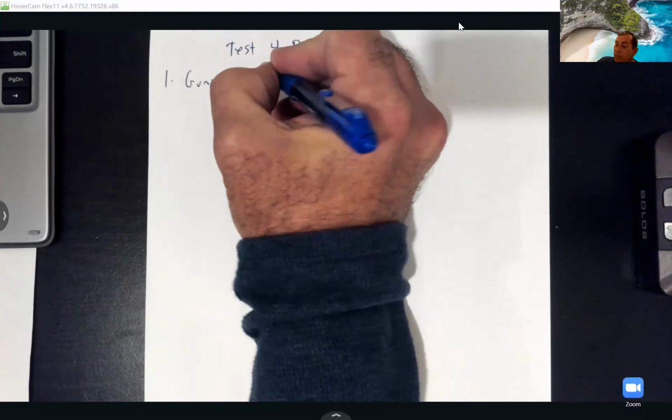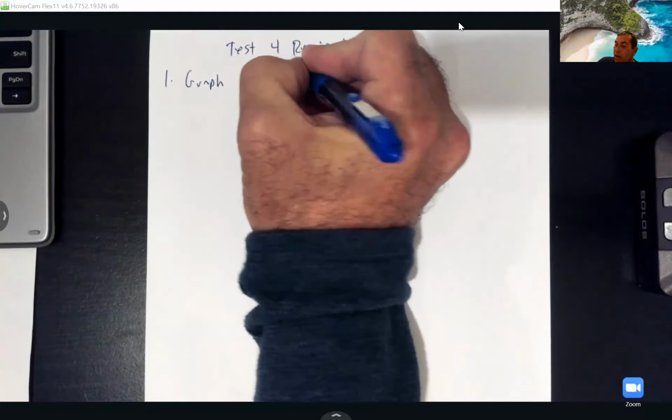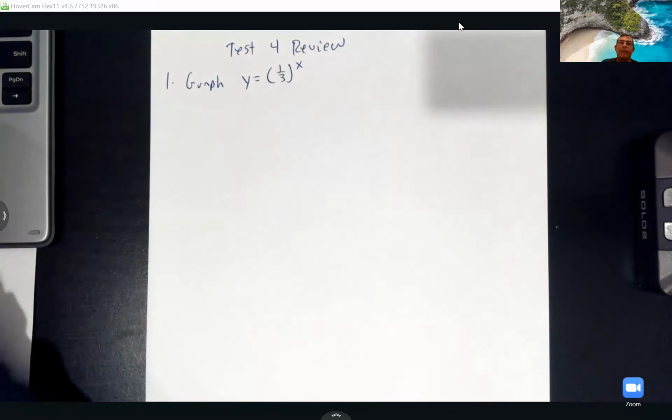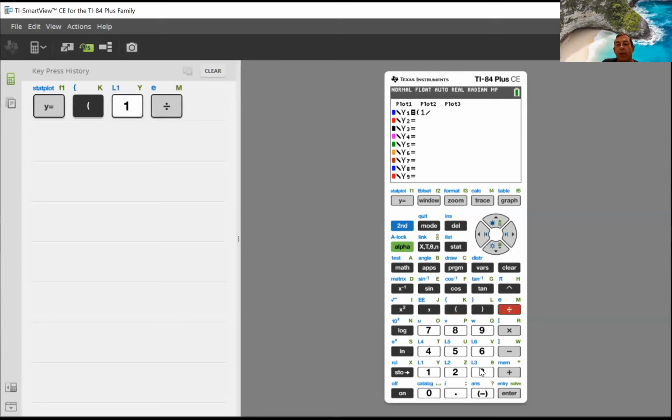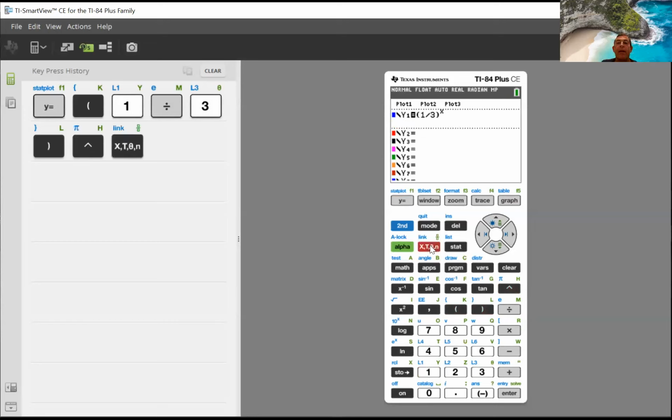y equals 1/3 to the x. So on this one, I'll just plug it right into my calculator. So let's go look at this graph. And this one will have 4 pictures to choose from. So we'll go to y equals, and we'll put in our fraction. So I'm going to put in my 1 divided by 3, close parentheses, and then my exponent would be the x. Now, if you use the alpha y equals, put into 1/3, you don't need parentheses using the alpha